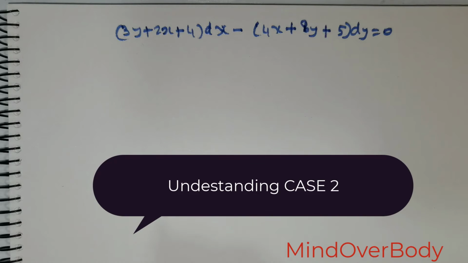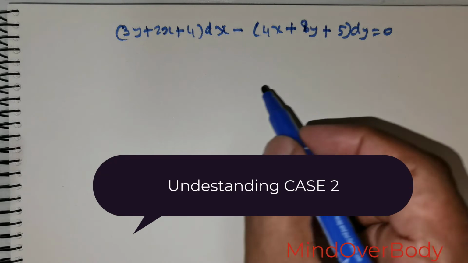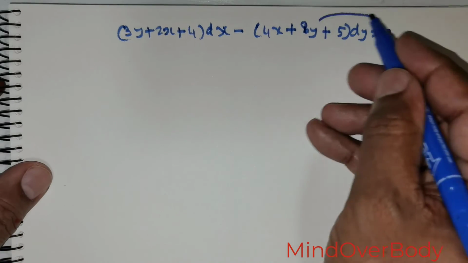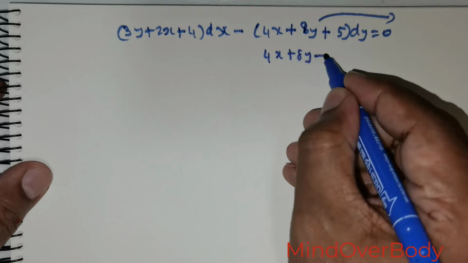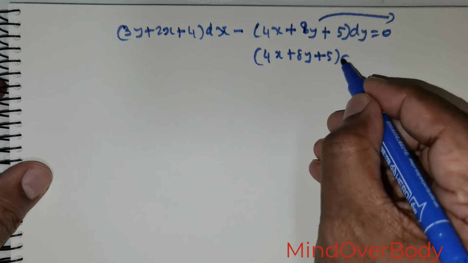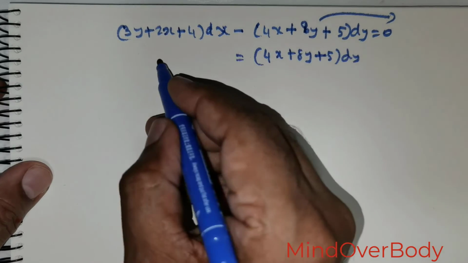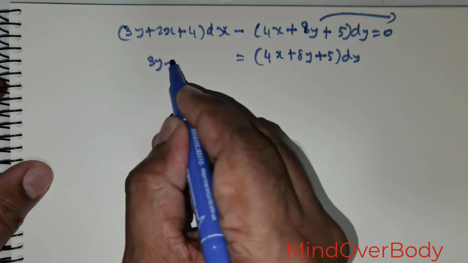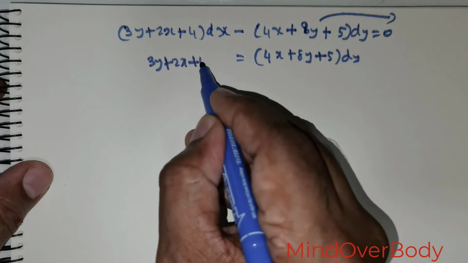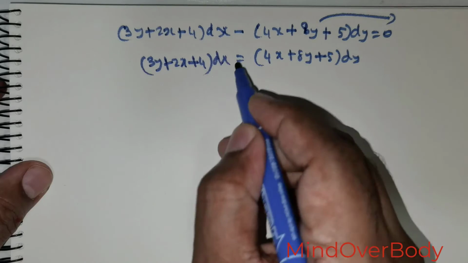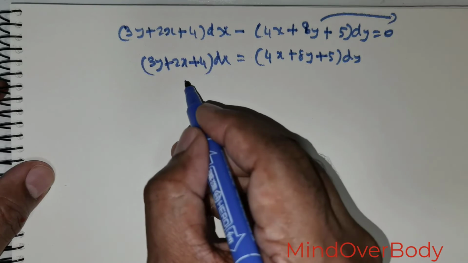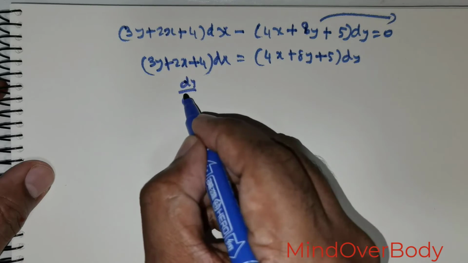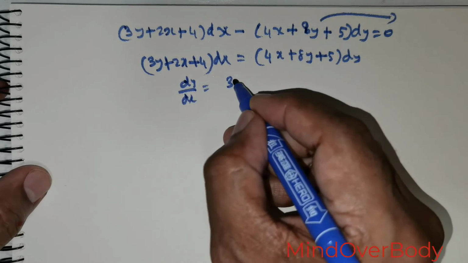So students, we are given this question. Foremost, let us find out what is dy over dx. So I will move this to the other end. So that would mean 4 times x positive 8y positive 5 of dy, and on this end it's going to be 3 times y positive 2 times x positive 4. This is dx. So dy over dx is going to give me 3 times